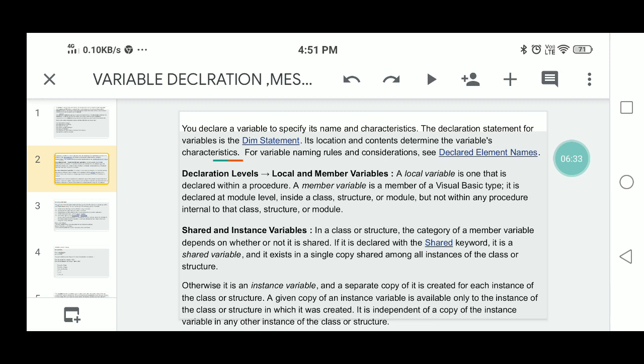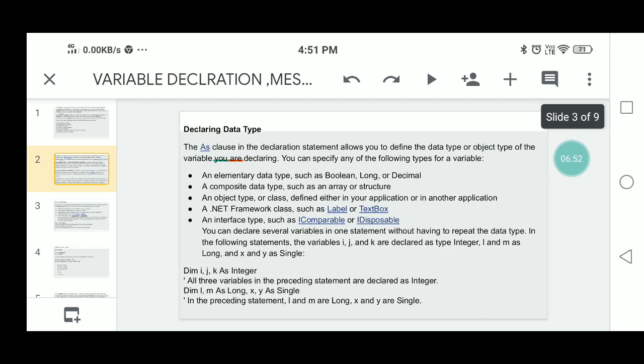It is independent of a copy of the instance variable in any other instance of that class or structure. The next topic is declaring the data type.